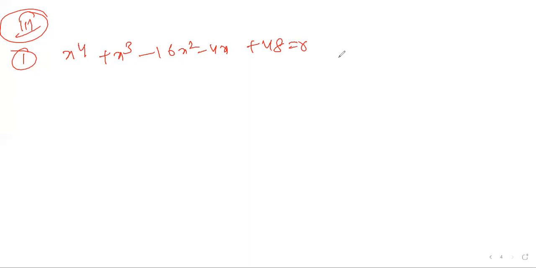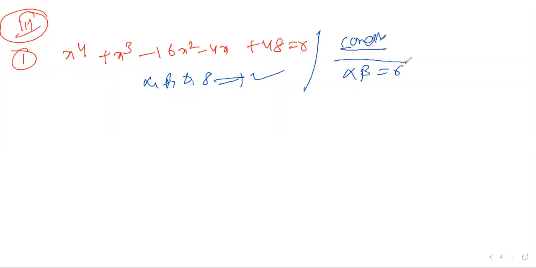So two roots means what can you do? Alpha, beta. How many roots here? Alpha, beta, gamma, delta. There are 4 roots for you. Out of 4 roots, they mentioned the product of 2 roots is 6. It means they mention a condition here. What is the condition? Alpha into beta is equal to 6, or else you can take gamma delta, whatever you take doesn't matter. So alpha into beta is equal to 6. This is a condition.